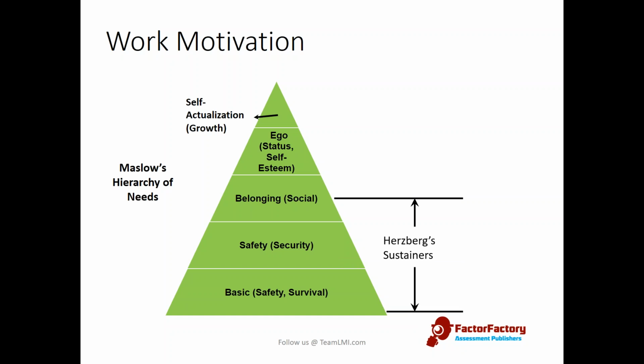This is a fairly complex model that I can't fully dive into today, but what the tool does is it actually shows us that these lower order need areas, belonging within the team's safety and basic needs, tend to be sustainers. In other words, I can't motivate others with those. I only get into problems if those needs are unmet. Once those needs are met,